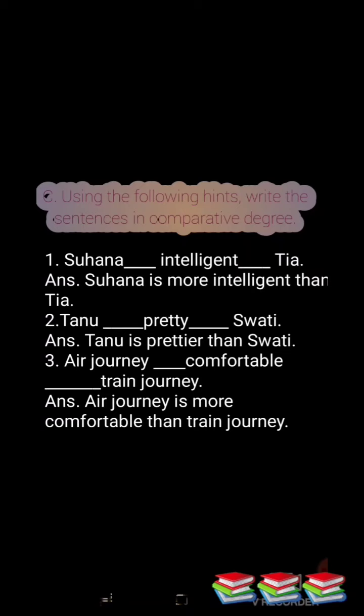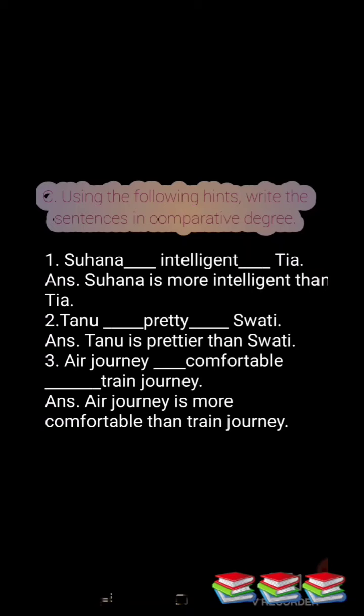I already told you that some words are not carrying the EST or ST. They just carry the more and most word before that. Tanu, pretty, Swati. Tanu is prettier than Swati. Air journey, comfortable, train journey. Air journey is more comfortable than train journey. Here we are comparing the one thing with another thing. That's why we use comparative degree. We are just comparing